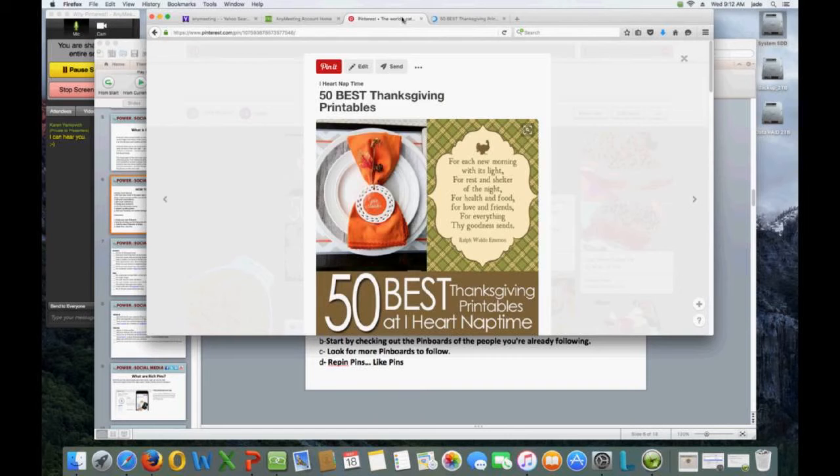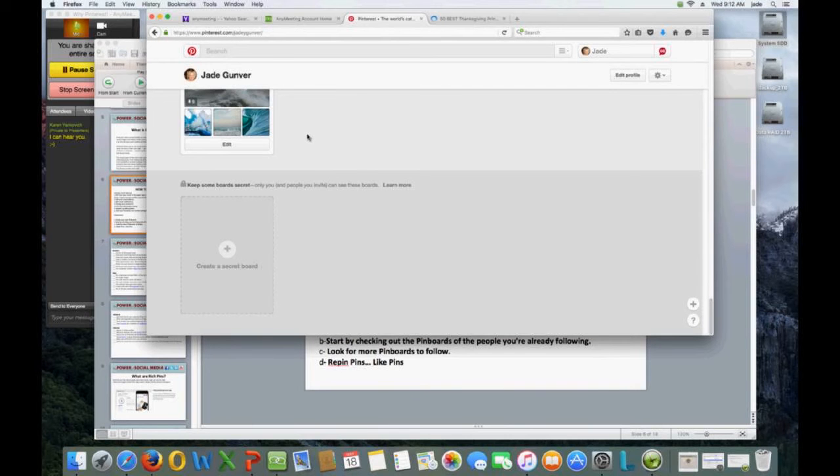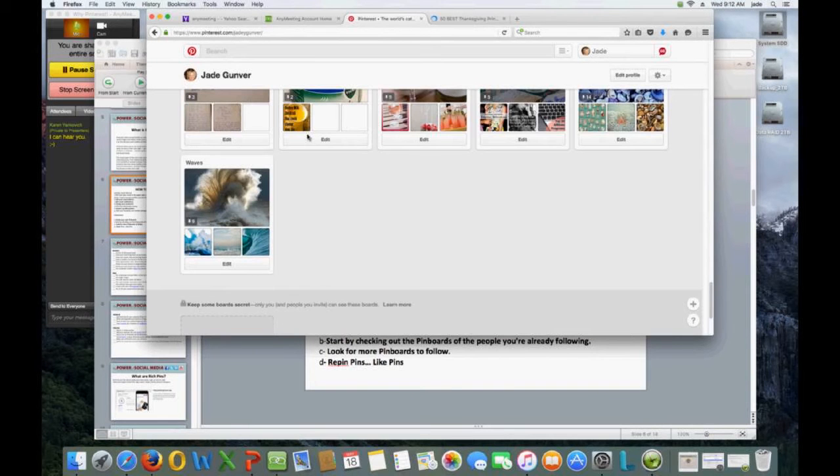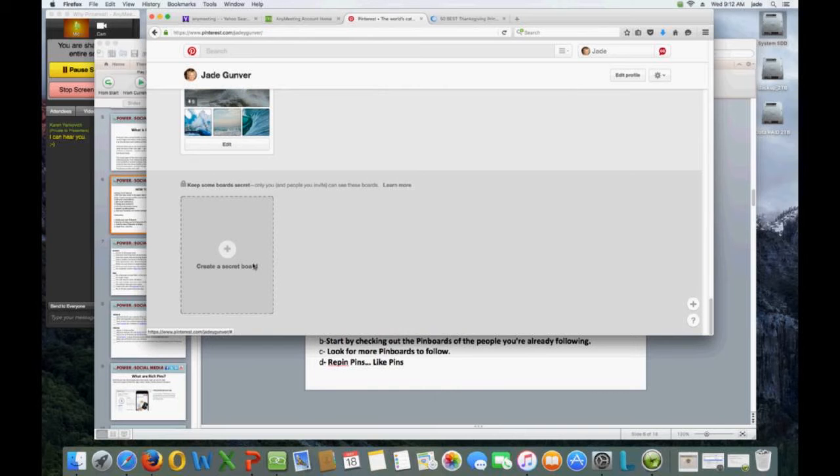So here is another section. You can categorize everything you want to keep, and also you can create a secret board. As far as I know, and I'm going to get into facts with you now before I explain the whole secret board thing, there are some great facts about Pinterest. 79% of Pinterest users are female. And 58% of them use Pinterest on a tablet. And 88%, that's so important for the business owners listening to me right now.